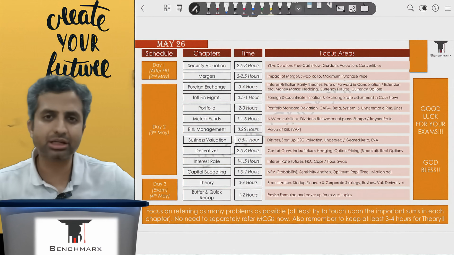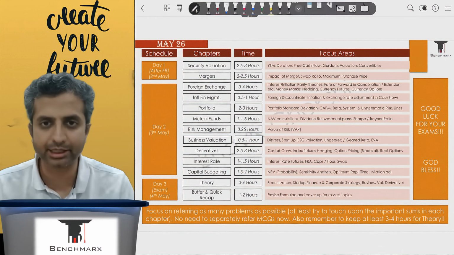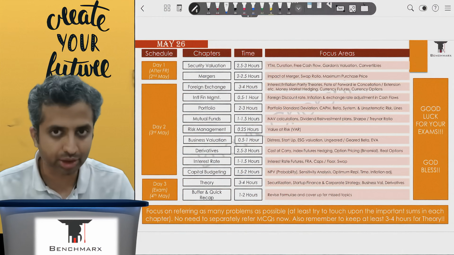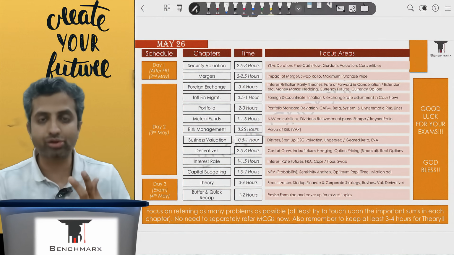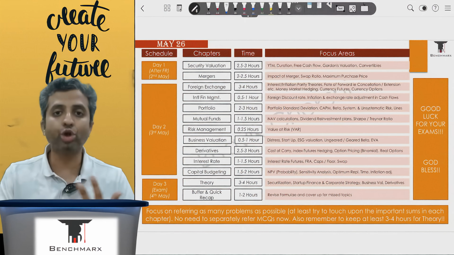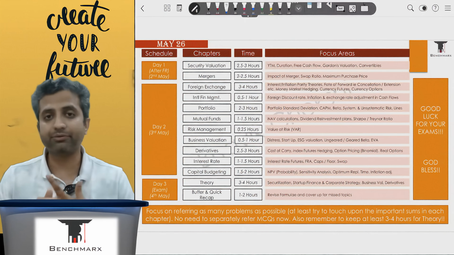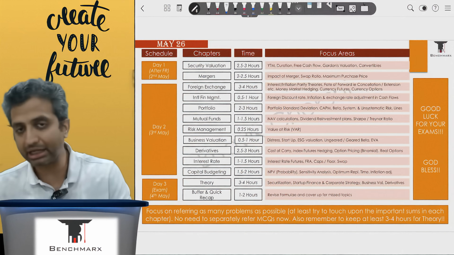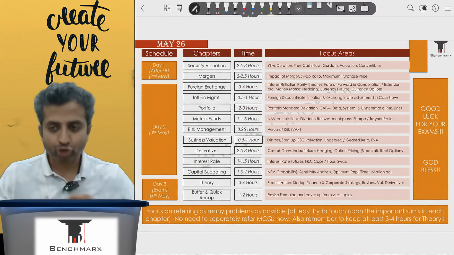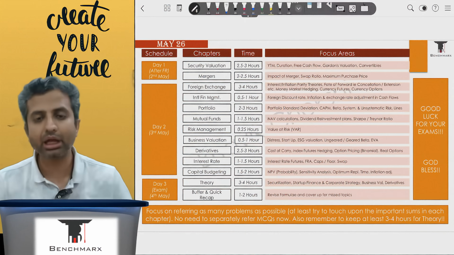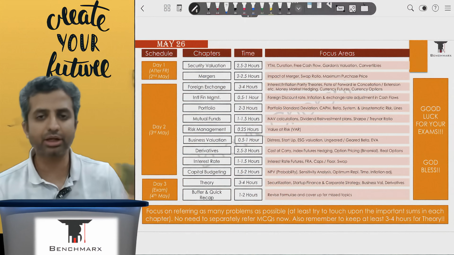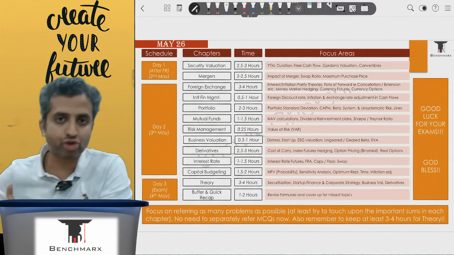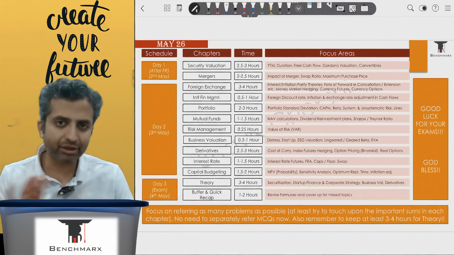Even if I look at this at the upper limit of, let us say, 24 hours of time, you have to divide this into 5 clear blocks. One is valuation and mergers, second is portfolio, mutual funds, risk management, third is foreign exchange, international financial management and capital budgeting, fourth is derivatives and interest rates, and fifth is your theory. For each of these 5 blocks, you would allocate anywhere between 4 to 5 hours. Only if you're able to do that will your portion get done, right? So everything would on an average take around 4 to 5 hours.